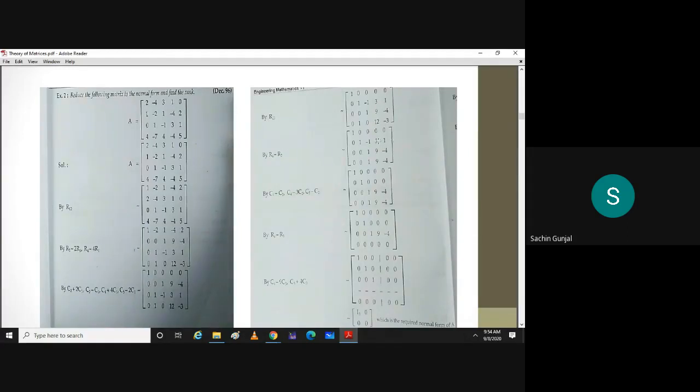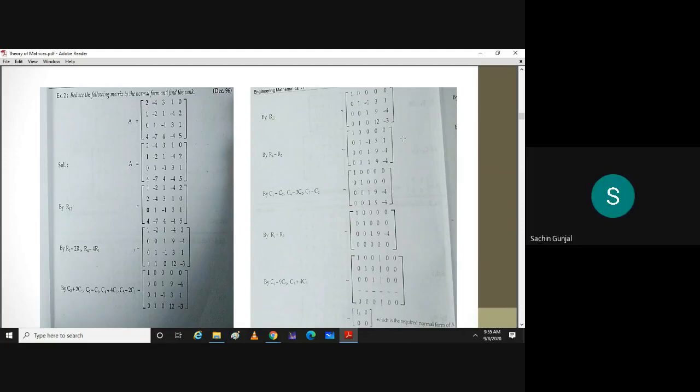Column operations I am talking about. C2 plus C3. Please say it in reverse, because you are doing it on C3. So C3 plus C2, right? Then C4 minus 3 times C2, and C5 minus C2. These operations are clear to everyone? To make this minus 1, 3, 1 zero, because we want an identity matrix. So whatever is beside the 1, you have to make 0.